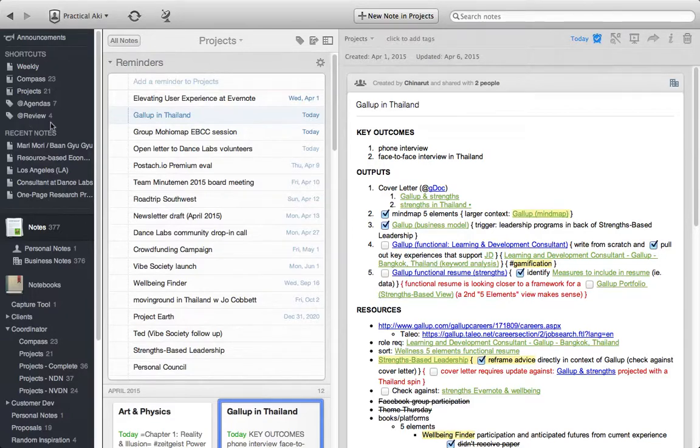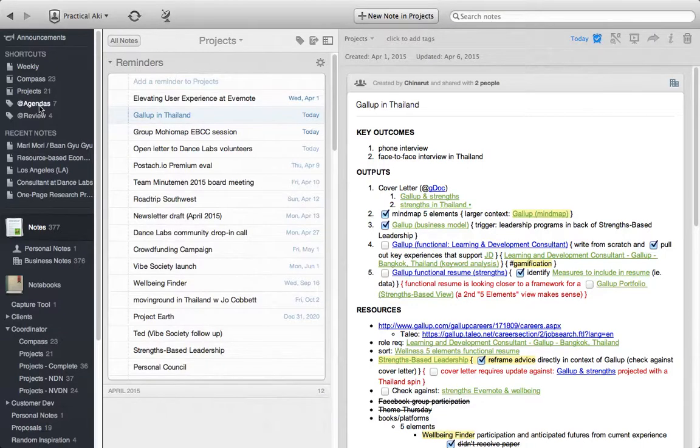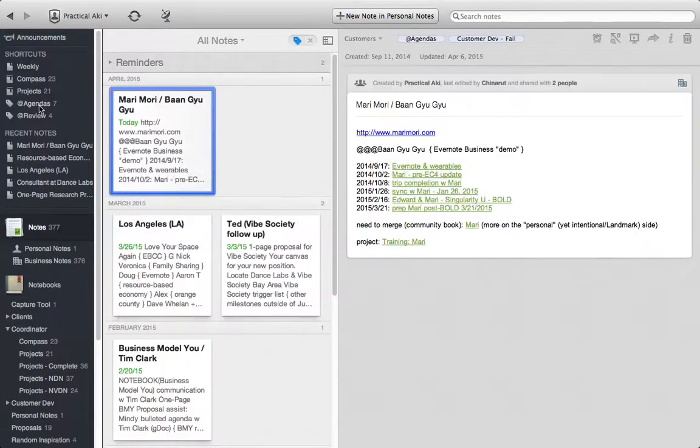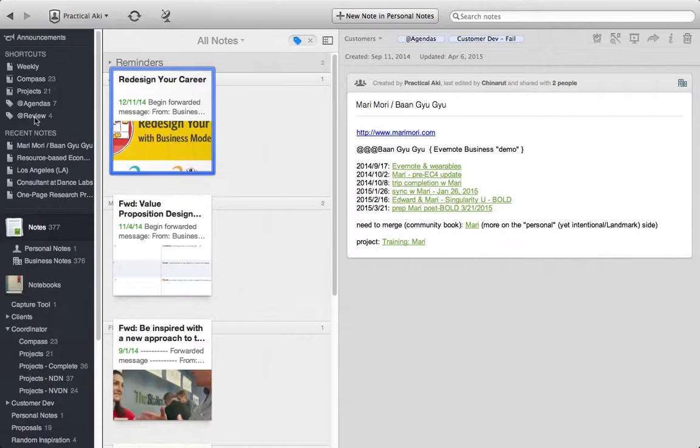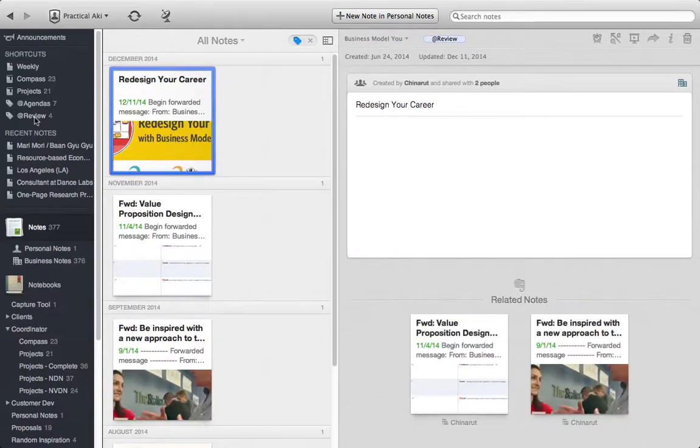I'm going to go ahead and skip agendas and review for now. I don't think it's as... you know what? I'll go ahead and cover it because these are two contexts that I do track. Because it's really important to me to go ahead and track agendas that I have running with people, and I also go ahead and track items